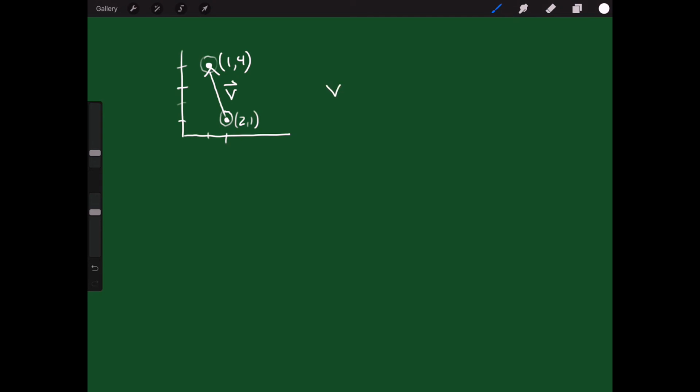So if I want to find V in its component form, or its pointy bracket form, then what I do is take the ending point in the x direction, which is 1, subtracting the starting point in the x direction, which is 2, and then take the ending point in the y direction, which is 4, and subtract the starting point in the y direction, which is 1. So what will I get? I'll get -1,